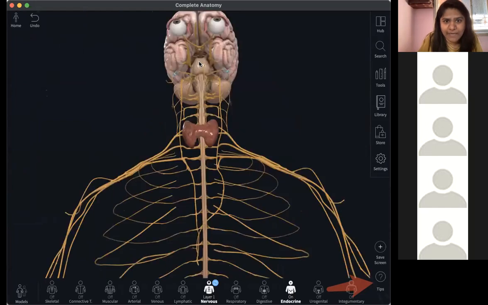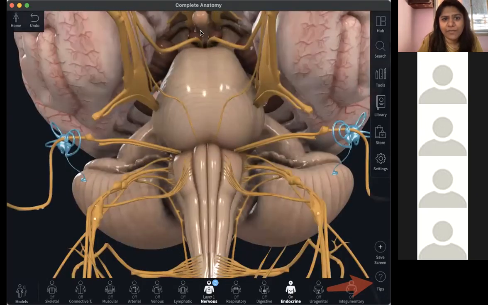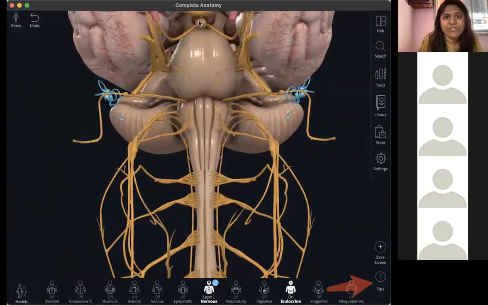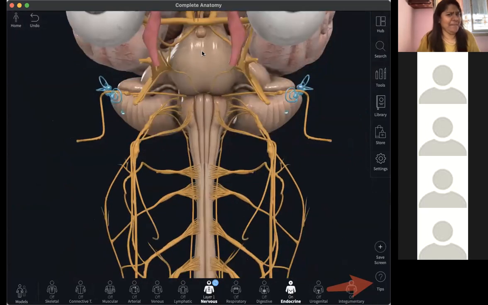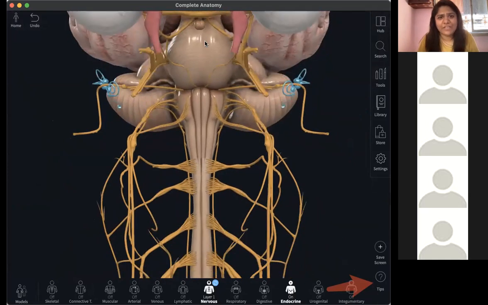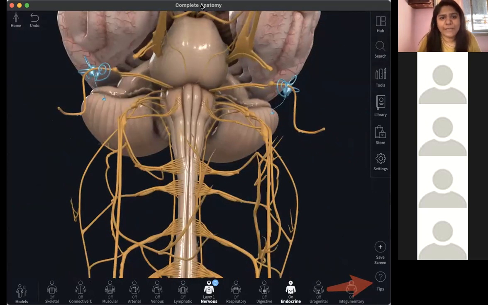Let's go inside the head of this individual. Do you see this small thing over here? Can you see this very tiny peanut-like structure? Is that the medulla or is that something else? This is your pineal gland. Do you know what that is? That is essentially responsible for maintaining the temperature of your body.